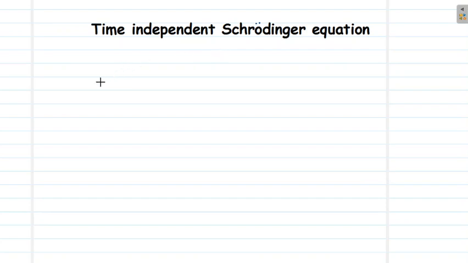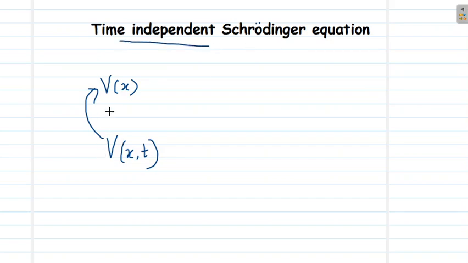So in many situations, the potential that is acting on a particle is a function of position alone. Usually, the potential is a function of position and time, but in many situations, the potential will be a function of position alone. It will be independent of time. In such situations, we can modify the Schrodinger equation to a much simpler formula. That is the case of the time-independent Schrodinger equation. This is applied when potential is a function of position alone, and the time-dependent Schrodinger equation is applied when potential is a function of position and time.